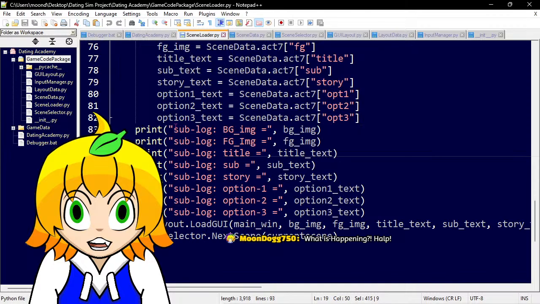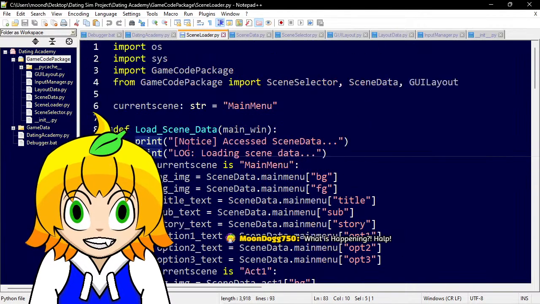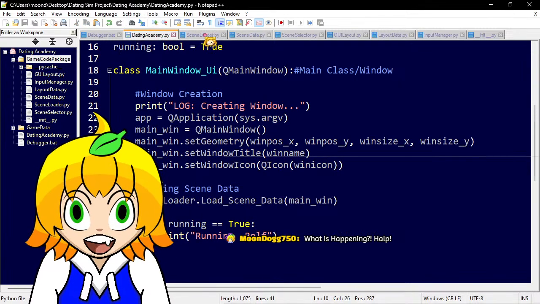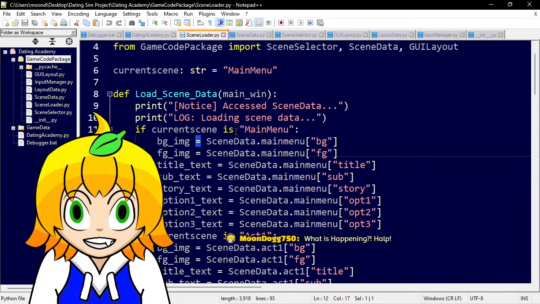And then at the end of the code, because this is all one code, right? We do an if current scene is, which is a double equal. One equal sign is we're declaring this is that. Two equal signs would be the same thing as an is, but I don't know if is is dedicated to string or not, but it just looks neater. Though it does give me some errors on readability.